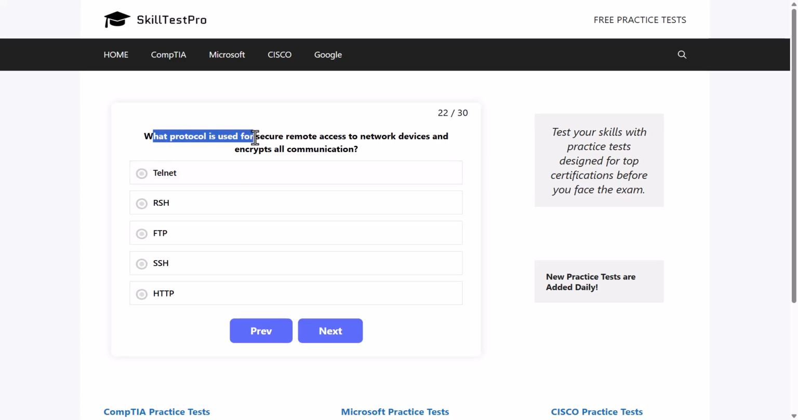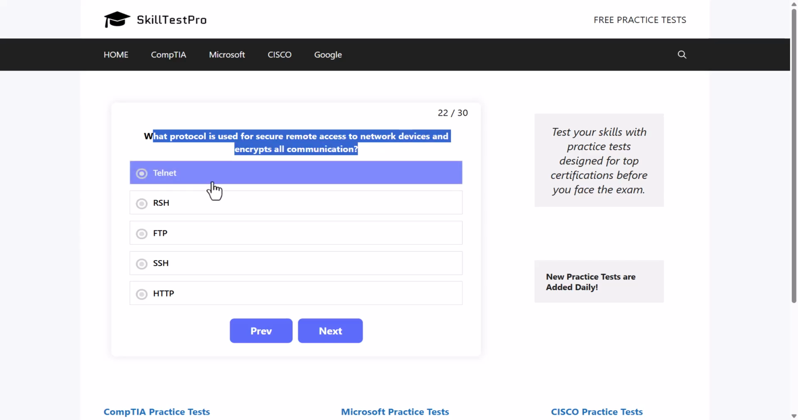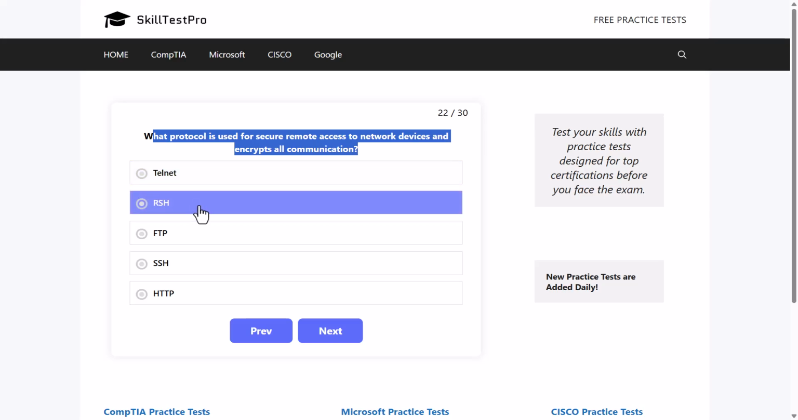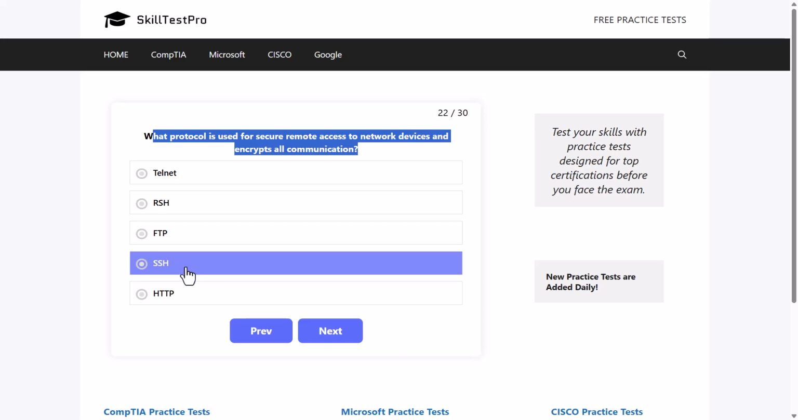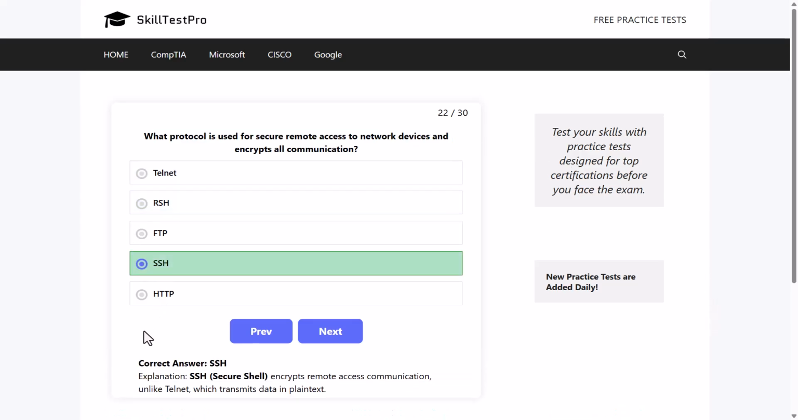What protocol is used for secure remote access to network devices and encrypts all communication? Telnet, RSH, FTP, SSH, or HTTP? And here the correct answer is SSH, or Secure Shell, which encrypts remote access communication, unlike Telnet, which transmits data in